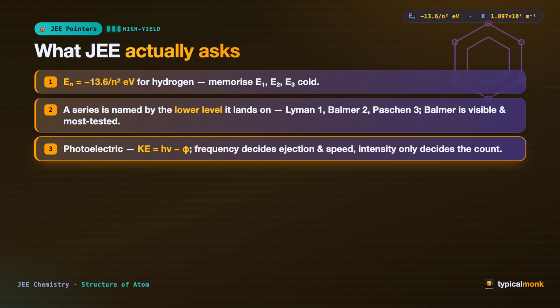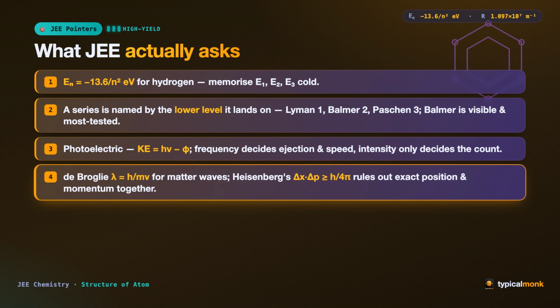3. In the photoelectric effect, kinetic energy equals h nu minus the work function phi. Frequency decides whether electrons come out and how fast. Intensity decides only how many. 4. De Broglie's wavelength is Planck's constant divided by mass times velocity. Heisenberg's uncertainty says the product of the uncertainty in position and the uncertainty in momentum can never fall below h